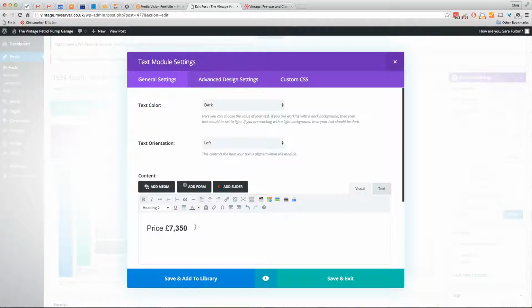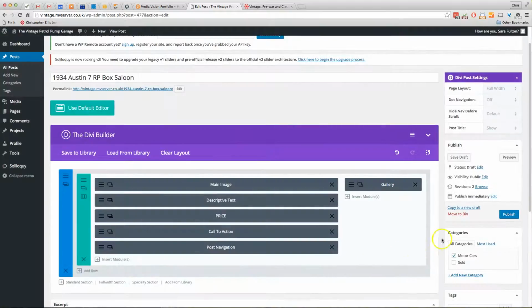Now, what I didn't do there, and this is a good example, I copied and pasted without clicking on this paste as text button. And what's happened is it's brought in the bold from the website. So we'll just delete that, and then I'll click on the paste as text, and now it's pasted it in as it should be, and then we can save and exit. I'm not clicking on save draft at this point. I'll finish that when I've finished editing the whole